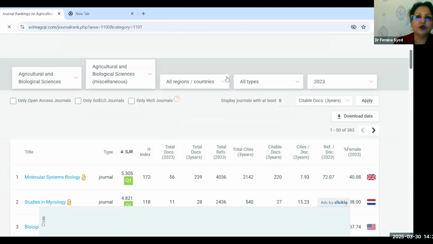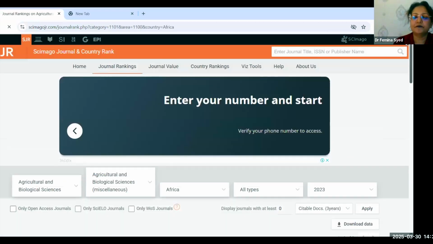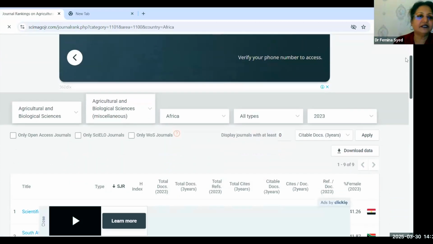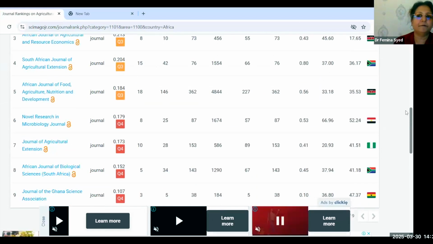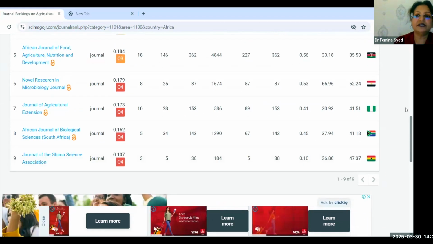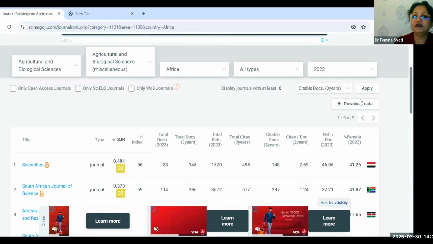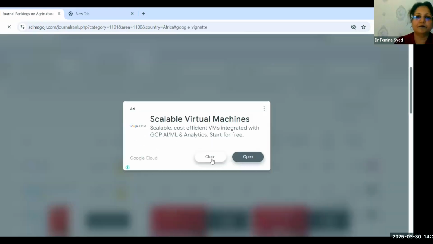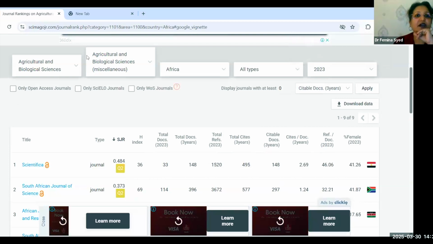Say you want to download all the articles relating to the African region. You can filter like this and you will get all the data available over here. See, only 9 journals are SJR ranked. You can even download the data by clicking here. So this is how you can check whether the journal has SJR ranking.